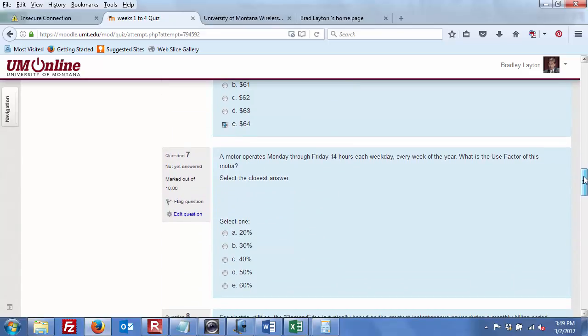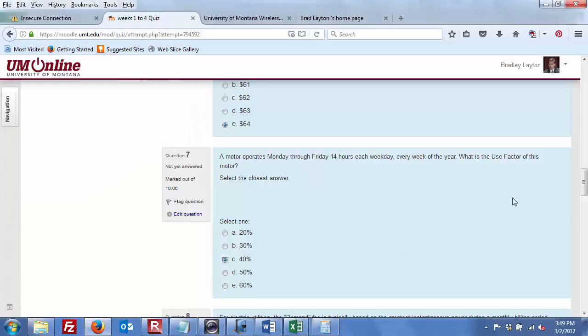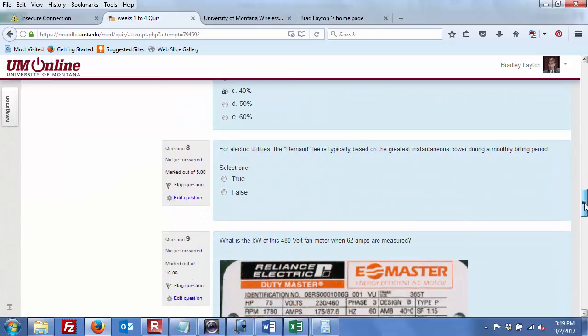Motor operates Monday through Friday. What is the use factor? Monday through Friday, 14 hours. So what we're looking at there is 14 times 5 equals 70, divided by 168 hours in a week, 41. For electric utilities, demand fee is typically,